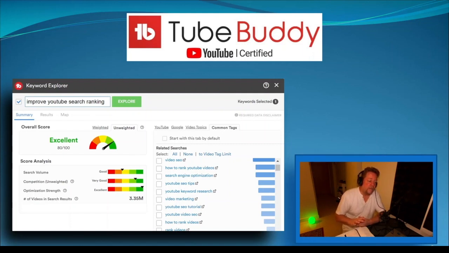It takes a lot of the guesswork out of your keyword research, because it's really telling you what phrases are strong and what phrases maybe have too much competition or don't have enough searches, so which phrases to avoid.